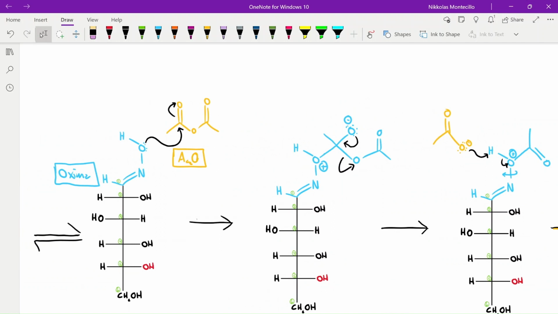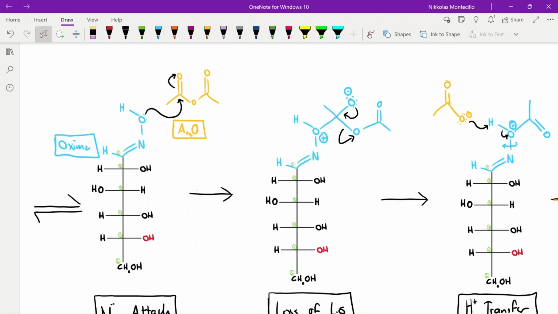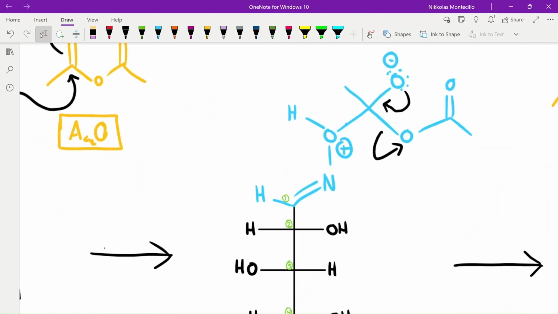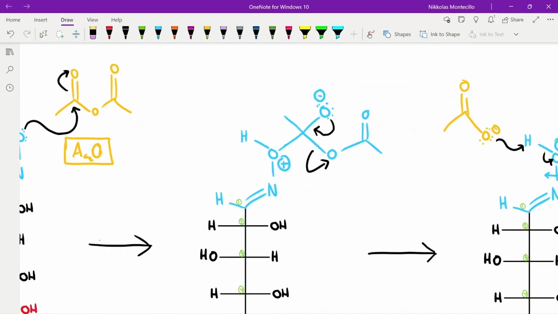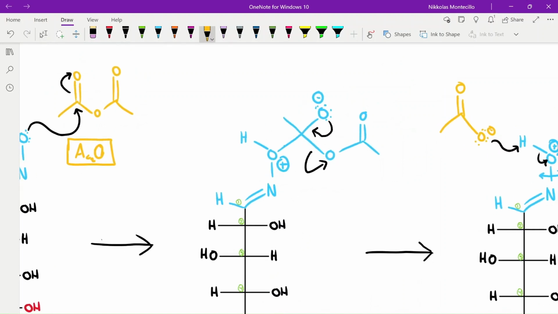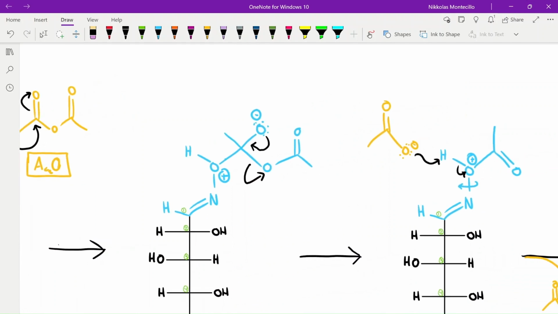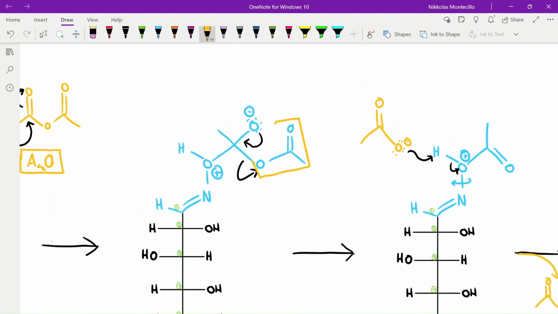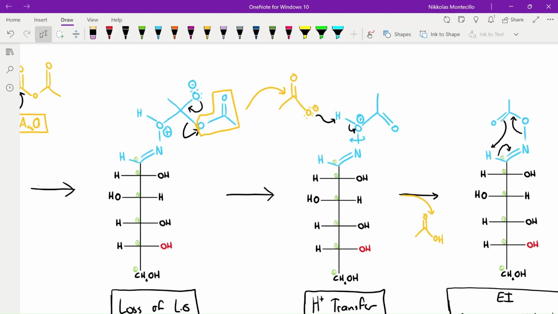Okay, now let's make sure that we understand exactly what's going on here. We can see that a positive charge forms on the previous oxime, on this oxygen atom, right? But essentially what we'll see here is a loss of a leaving group, where this will simply become an acetate molecule, right? Now that acetate molecule will participate in a proton transfer,